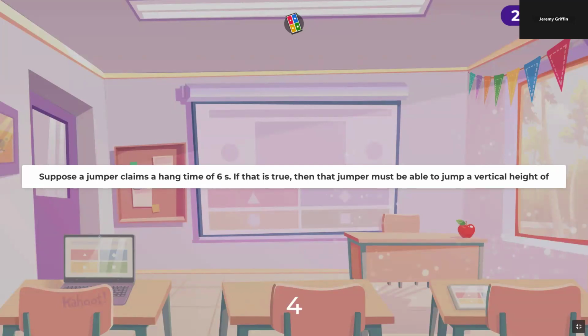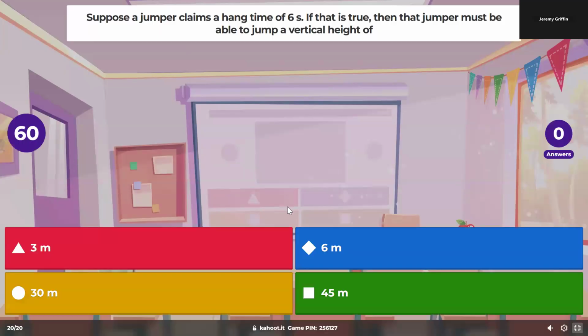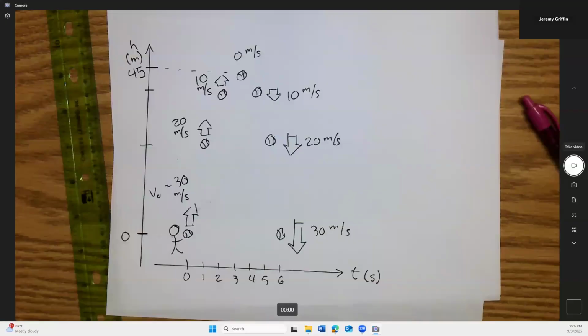Suppose a jumper claims a hang time. Some little kid comes up: I can jump, I'm off the ground for 6 seconds. If that's true, that jumper must be able to jump to a vertical height of what? I don't think it's realistic, but if you jump off the ground and you don't land until 6 seconds later,